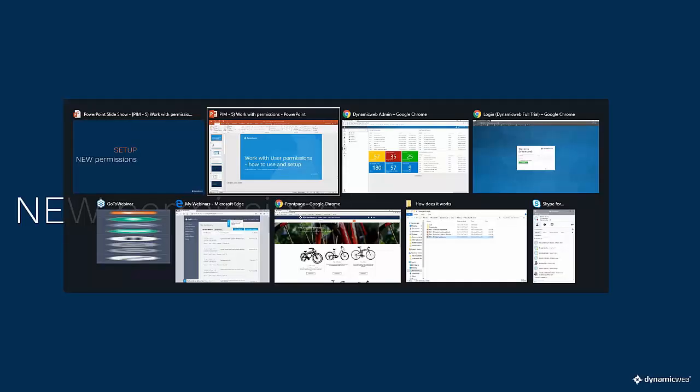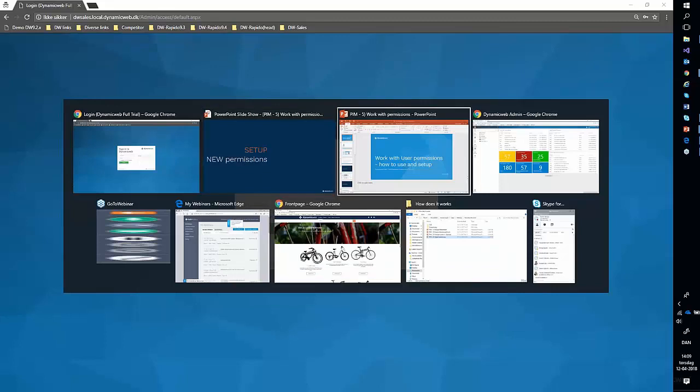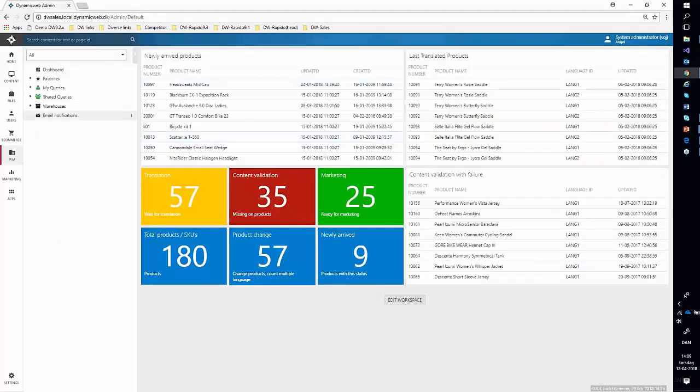Now let's take a look in real life. I log into the system. I have already logged in, and you can see I go to my PIM module and I can see all the structures, all 3 warehouses. I have my bikes down here,